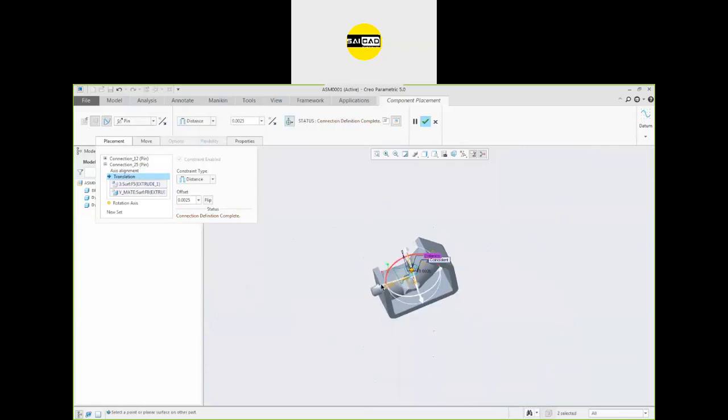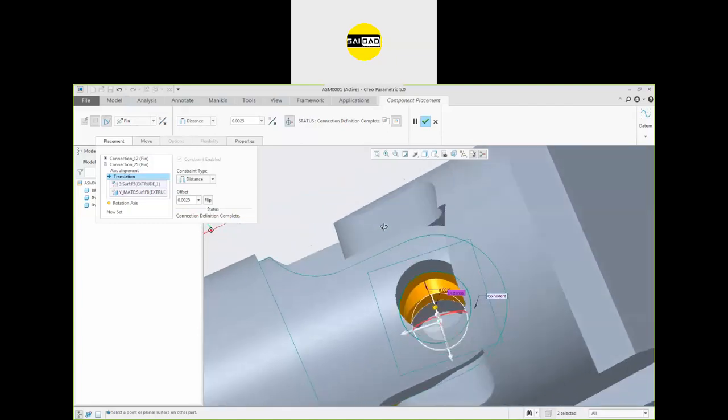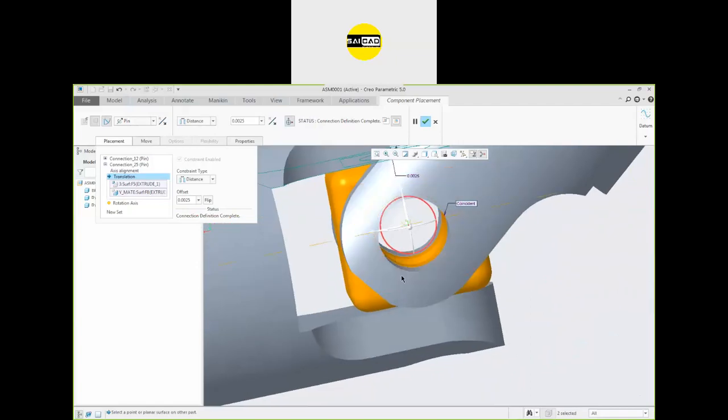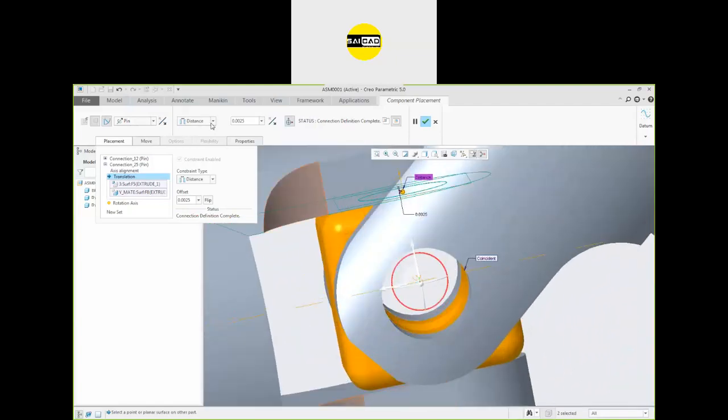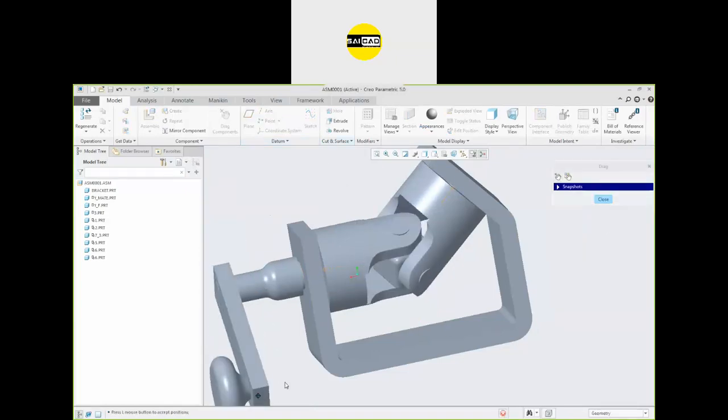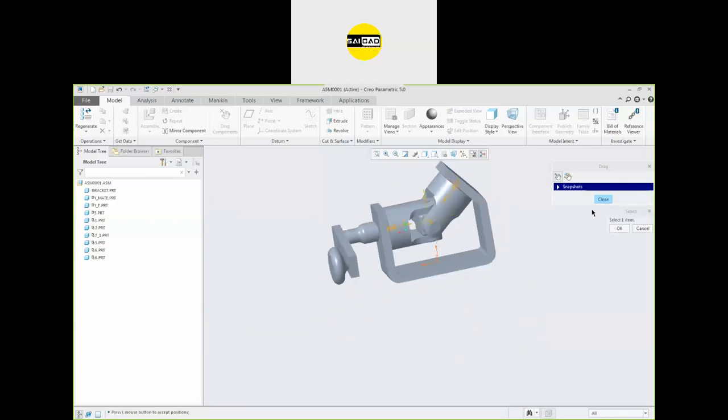So sometimes you will get this error. You can see we have some error here that is 0.00025. So you can apply the distance also. Click OK, and now try to drag the component. You can see the component can be dragged. So there is no such condition that you have to apply General, but in the pin joint you have to apply two relations, two references. In General you just have to select one reference and the part will be put inside.